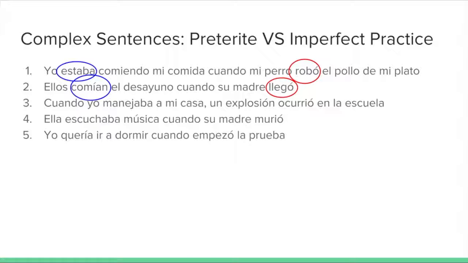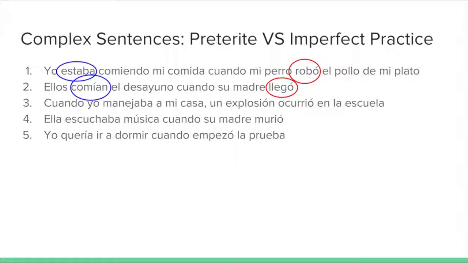And a good hint of this is, when something says "cuando" something something verb, then whichever part of the sentence involves the "cuando," that's the split. Or if it's in the middle of the sentence, that usually means that the preterite verb is going to be following it, but if it's at the beginning, then it might mean that the imperfect is. But that's just kind of a side pointer.